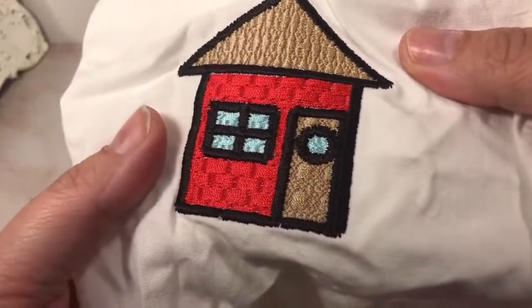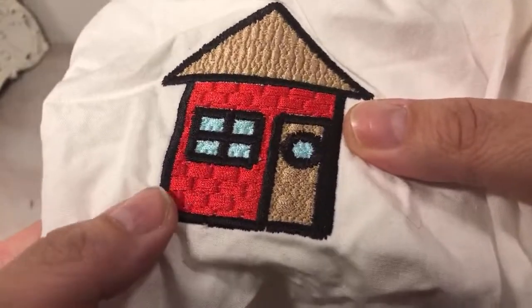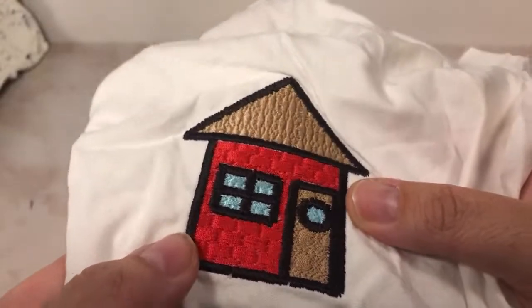Sometimes it doesn't feel like Sew Art does that great of a job with the satin stitch, but then this is really old. This is like 3 years old and they did a really nice job. I do have,